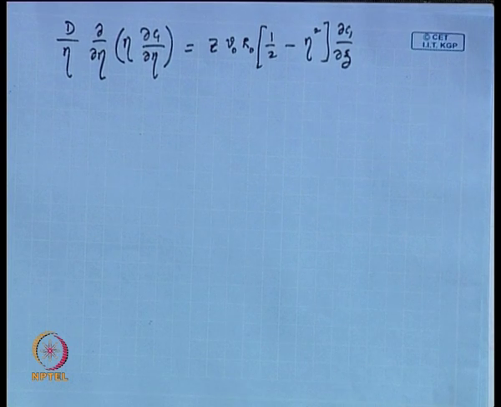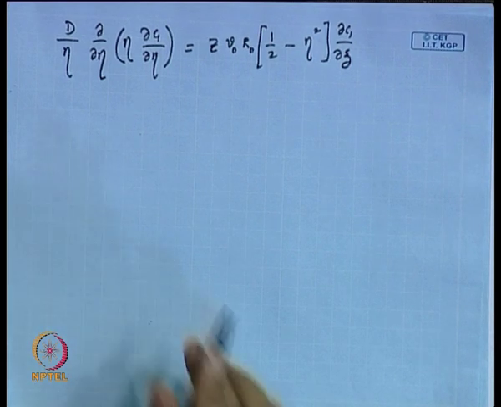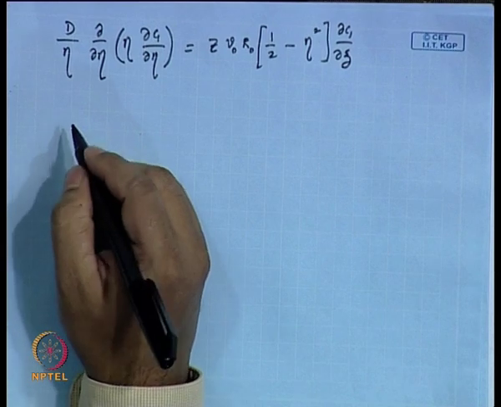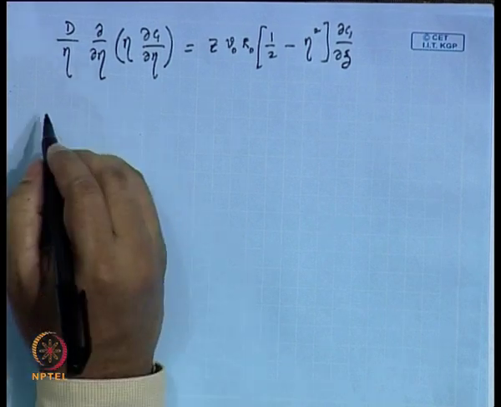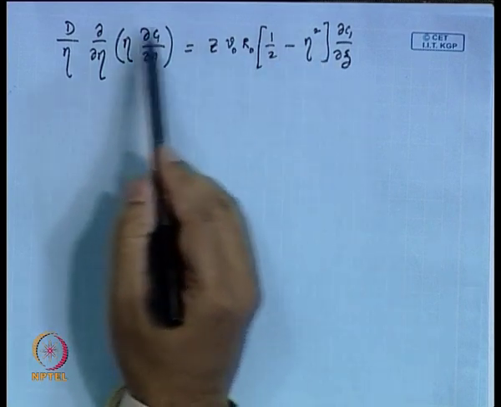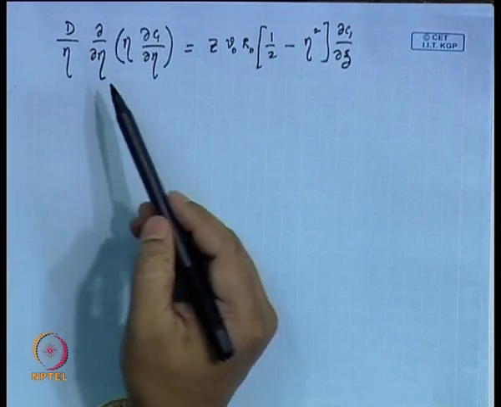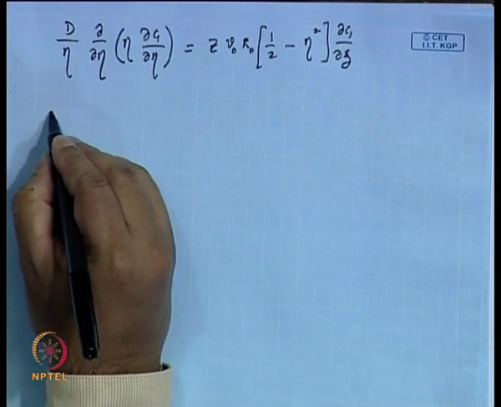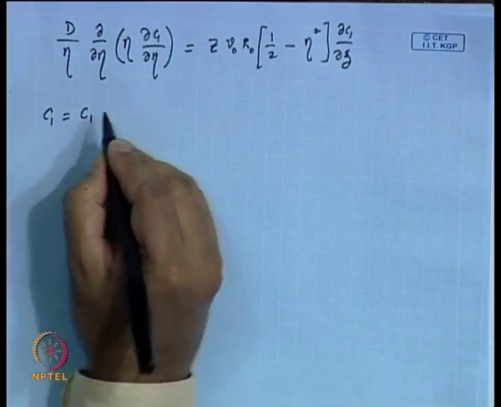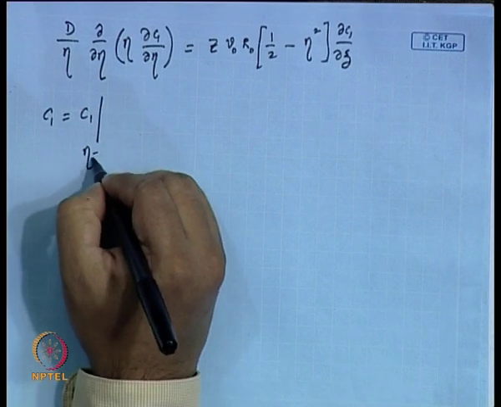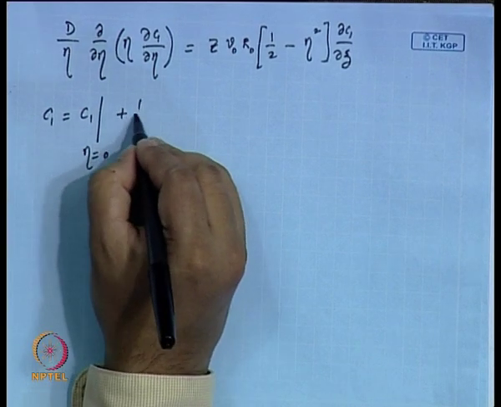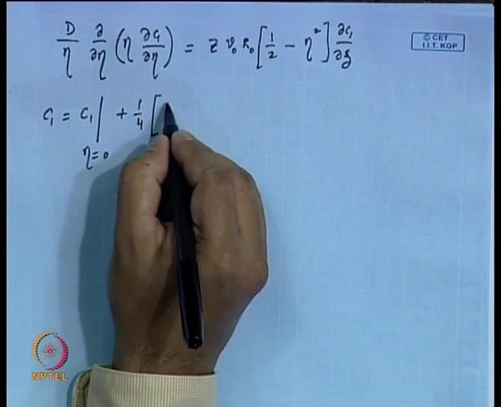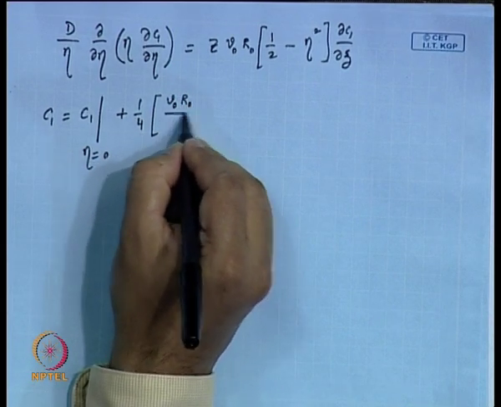That is what you will end up with if you substitute these two terms r and z by eta and zeta. A solution of this above equation which satisfies the boundary conditions which you have already specified is given as C1 is equal to C1 at eta is equal to 0 plus 1/4 V naught R naught by D